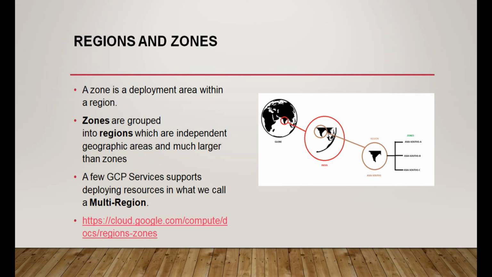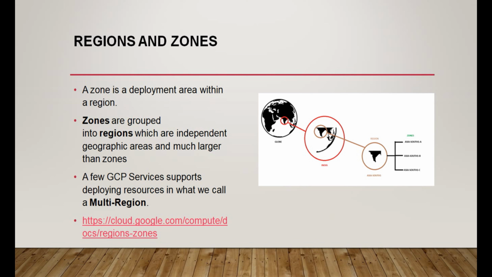You can run resources in different regions too. This helps both to bring the applications closer to users around the world and also to guard against the loss of a whole region, say due to a natural disaster. Multi-region: a few GCP services support deploying resources in what we call a multi-region. For example, Google Cloud Storage lets you place data within the Europe multi-region. What that means is that it is stored redundantly in a minimum of two different geographic locations separated by at